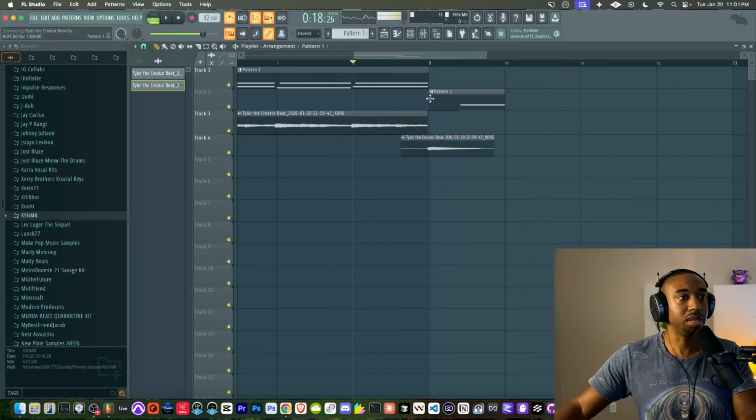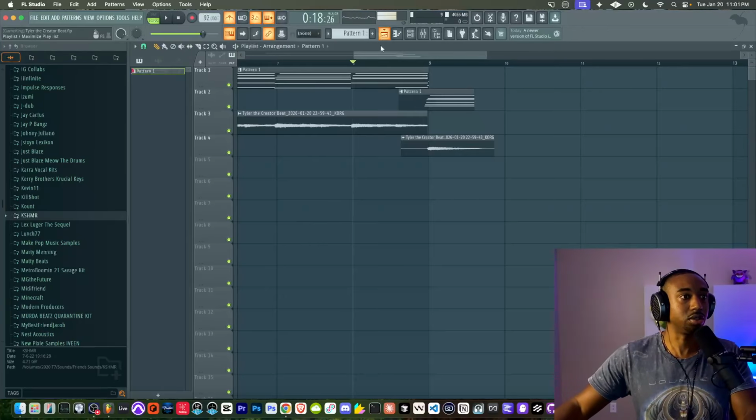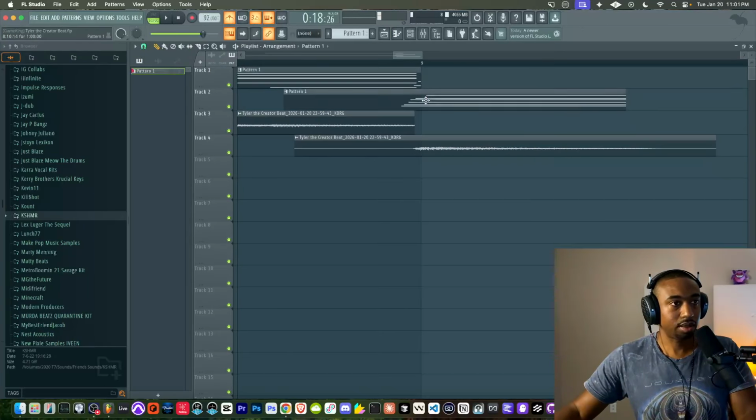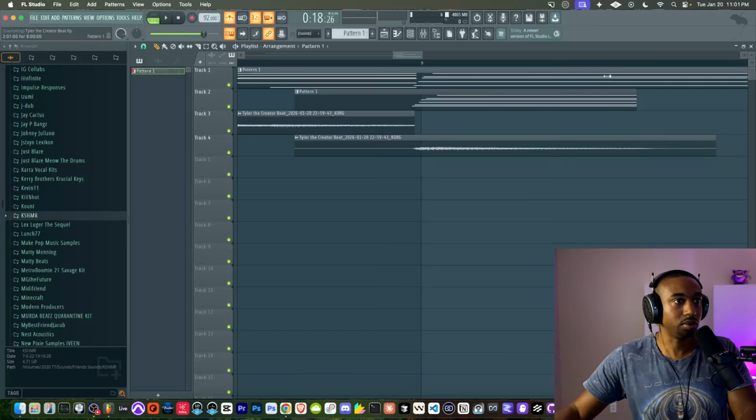Okay, so we're going to bring this MIDI in earlier. So I'm just kind of eyeballing it because we can't really see the whole picture here. It's not showing us all the notes. All right, now we see all the notes and we can kind of line these notes up with the audio. And we can see a couple notes here. I think all we got to do.